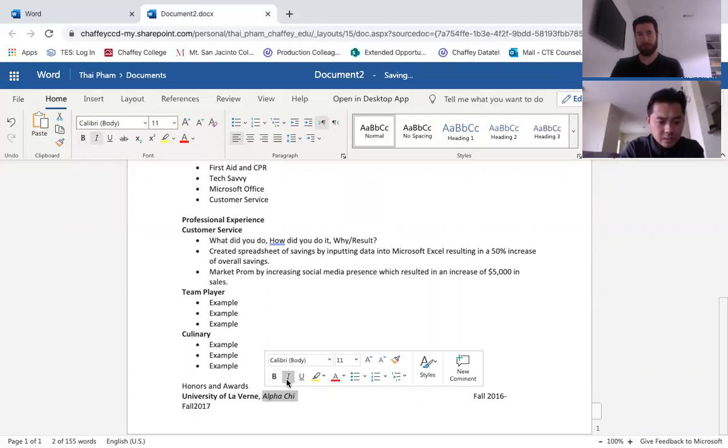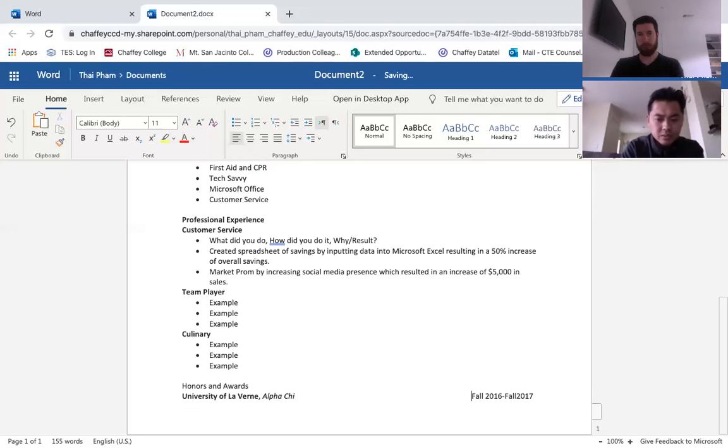And as you can see, by doing that, it kind of made the font bigger. So I'm just going to go back here and fix that. So if you had awards and honors, you can definitely do that. If you got honor roll, perfect attendance. Perfect attendance is really good because it shows that you never miss school. In terms of working, that means you'll never miss work. Hopefully that would be the ideal goal right there.